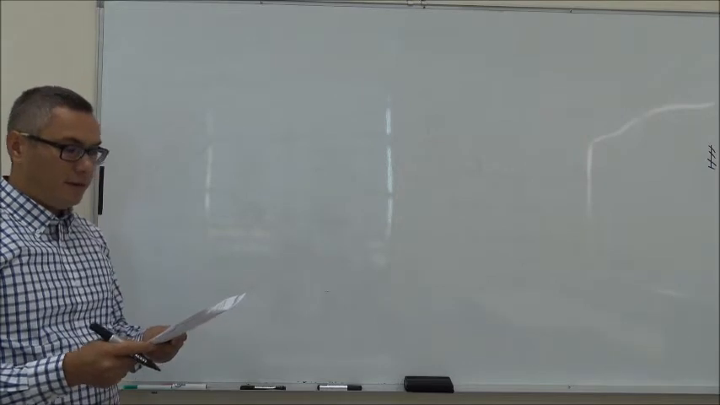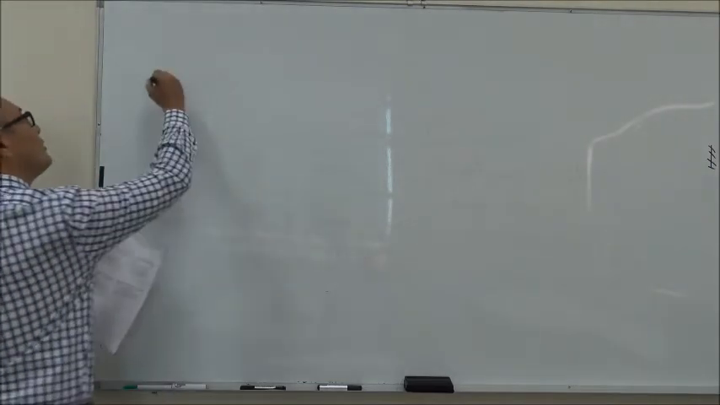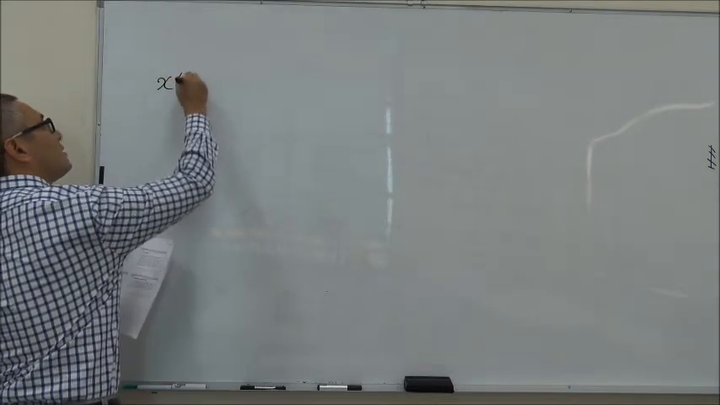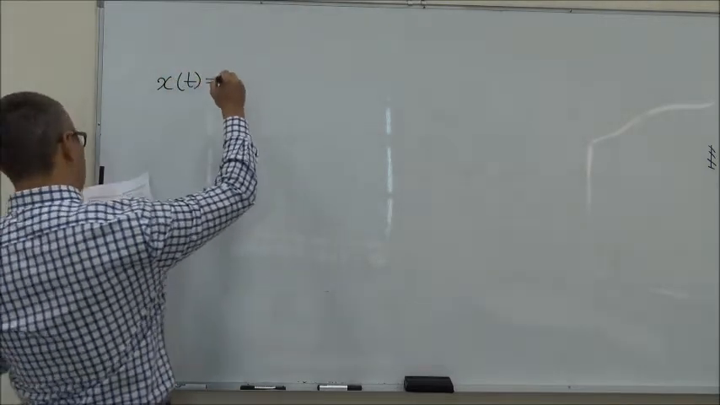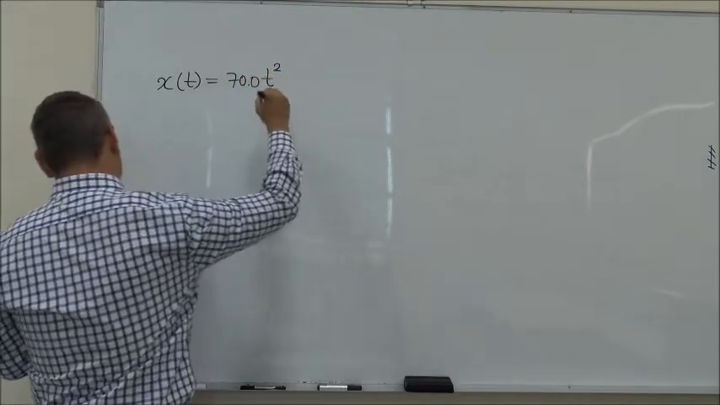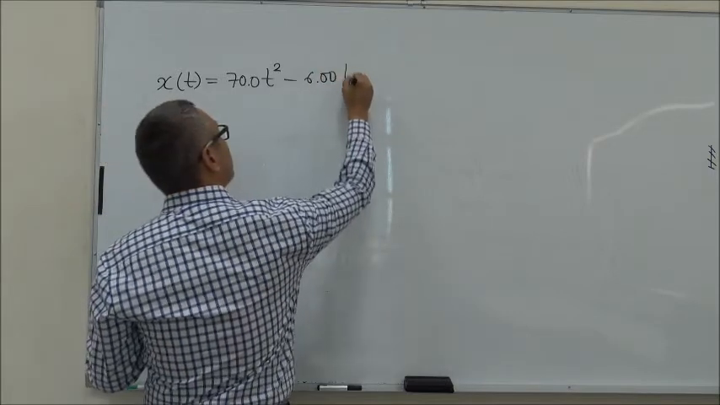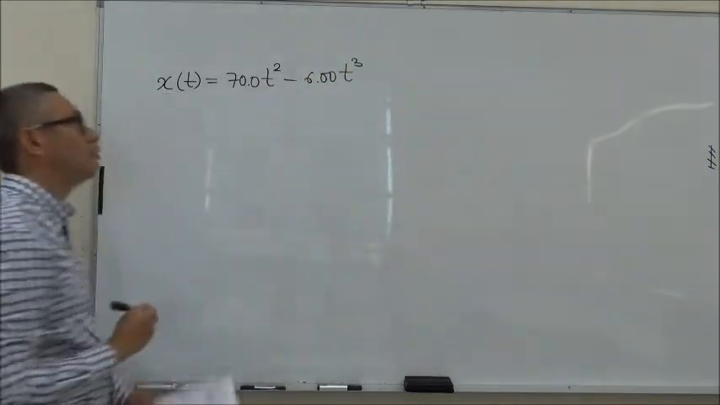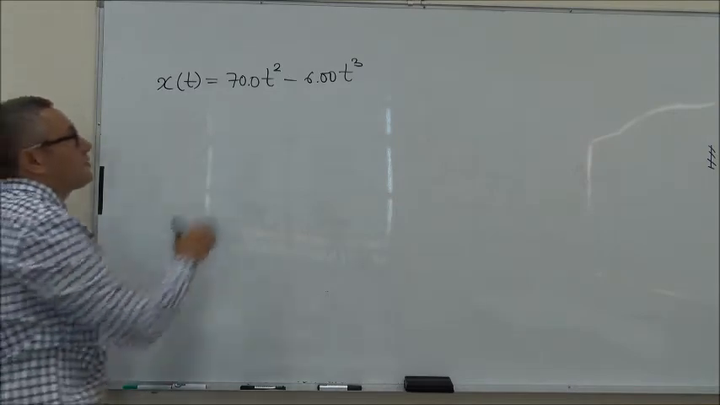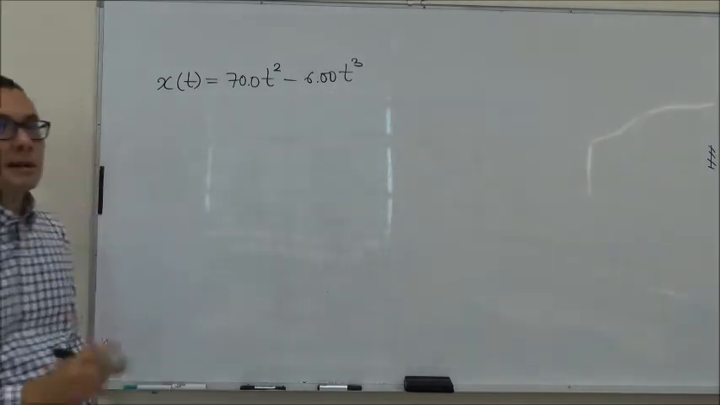In this example, we are given the time dependence of the position of a particle, which is as follows. X as a function of time is given as 70t squared minus 6t cubed. Well, the first thing to note here is that these coefficients, 70 and 6, are not just numbers,